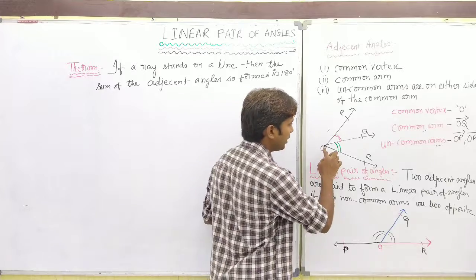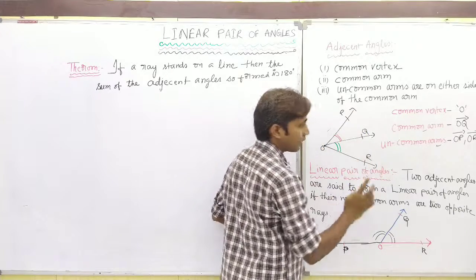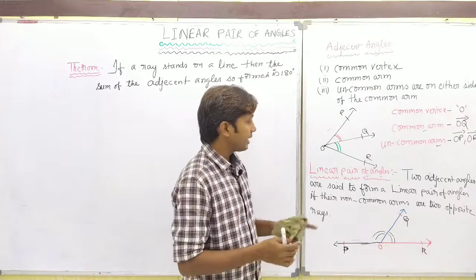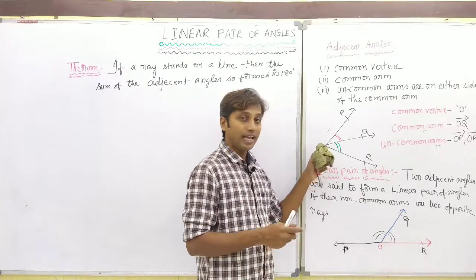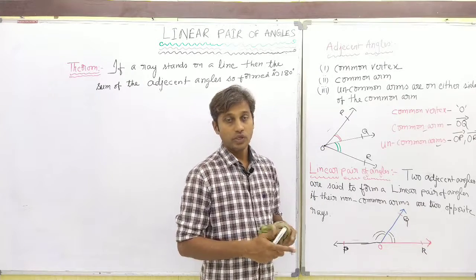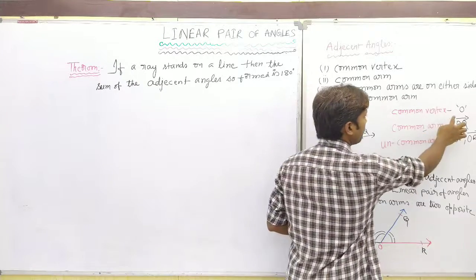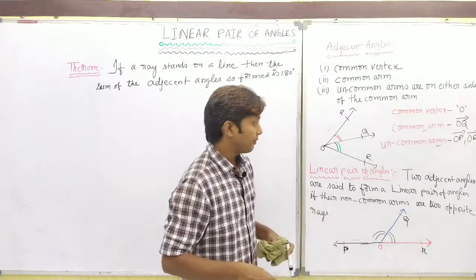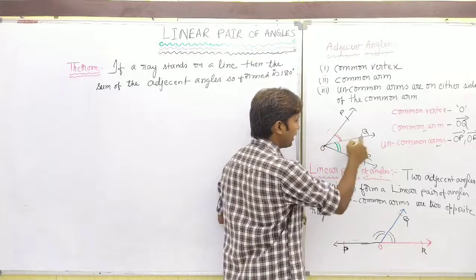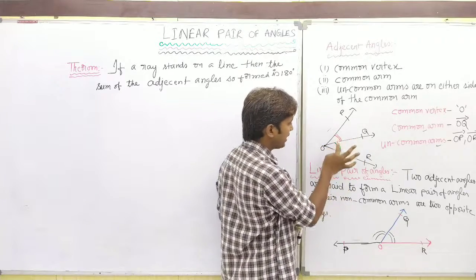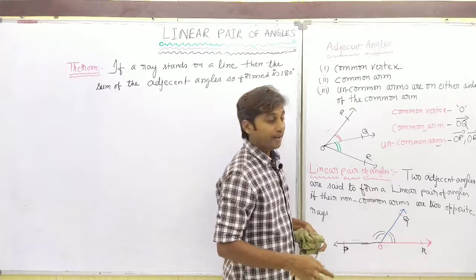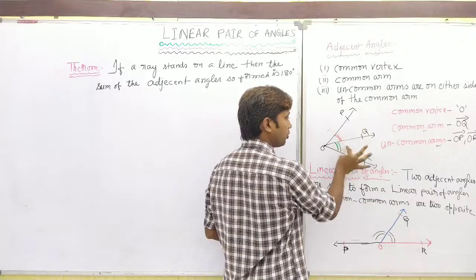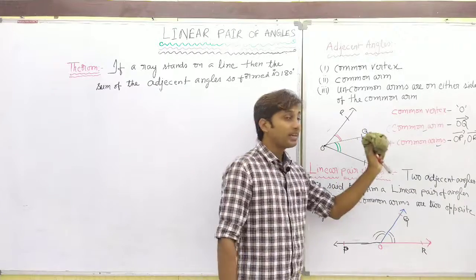Just as you are observing in this figure, OP, OQ, OR are three different rays. In that, O is a common point, meaning the initial point of every ray, or every arm, is O itself. So O is a common vertex of all, meaning all are meeting at O. Then two angles, POQ and QOR, are made, the red color and green color angles. Which arm is connected to both of them? OQ, right? So OQ is connected to both of the angles. So this is called the common arm.